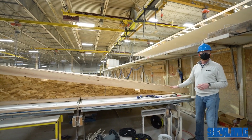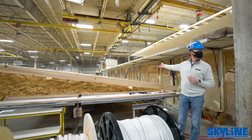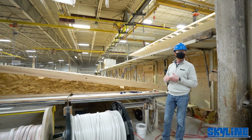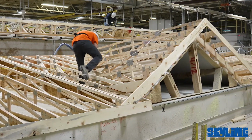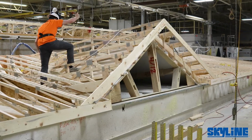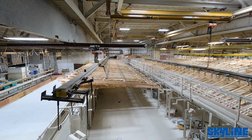All of our standard application is a 30-pound roof load, 24-inch on center. Standard 3/12 pitch. We have roof pitches that go 4/12, 5/12, 6/12. Roof loads that go 30, 40, 60, 80, 100, and even as high as 120 pounds. So depending on the floor plan, where the home's going, will depict what we have for a roof pitch and or roof load. Once they get this all dried up, they'll lift this up,